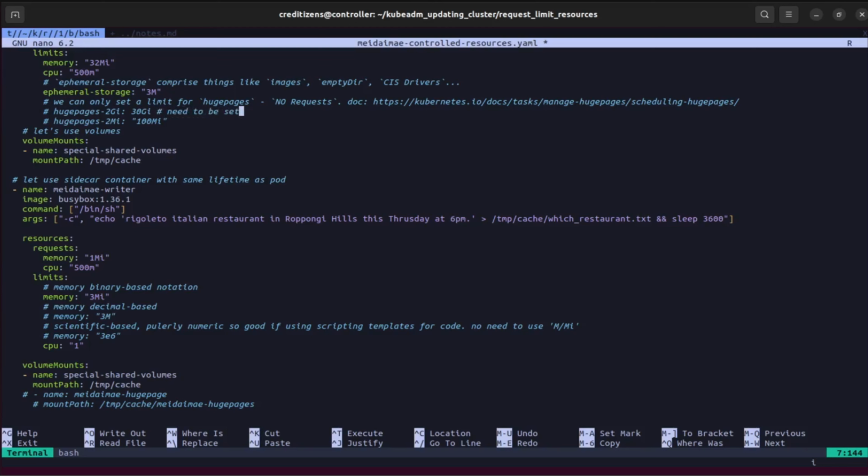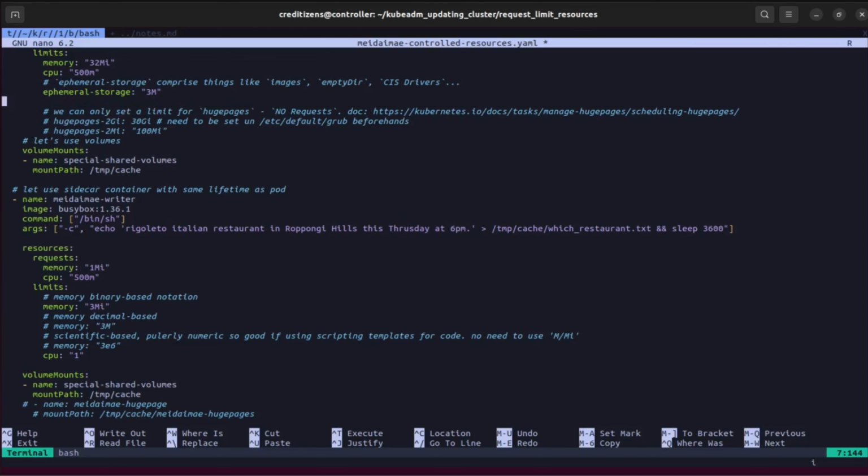So it needs to be set. So I put 2 GI here. But in documentation I've seen 1 GI. I don't know if there's 2 GI, but still, you just need to go through the documentation and you set up your GRUB the right way to use this kind of customization of your Linux node,